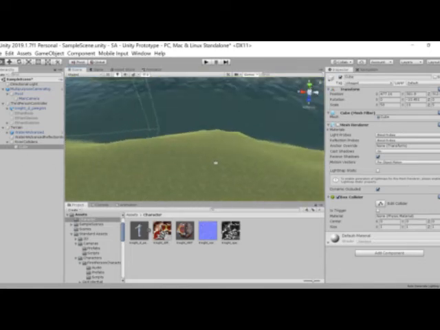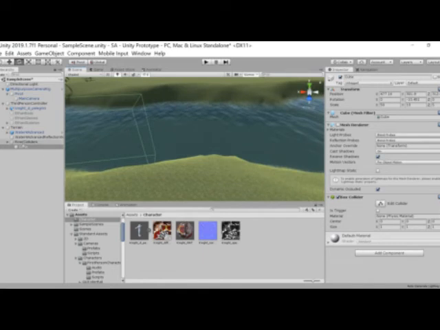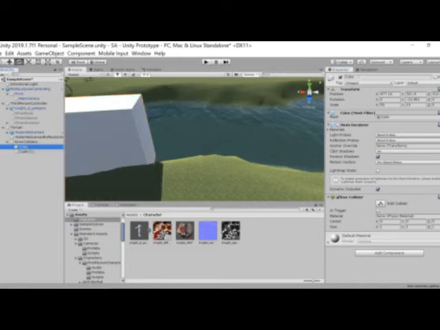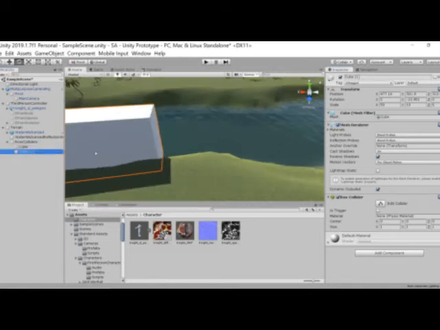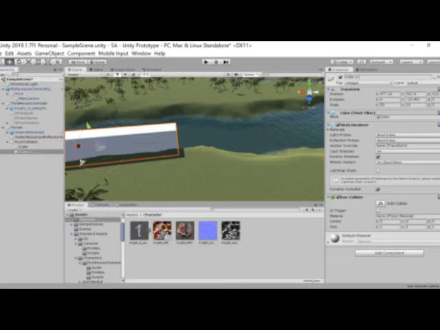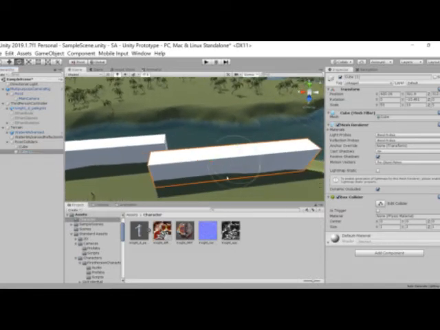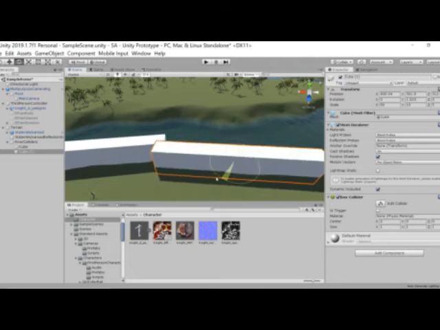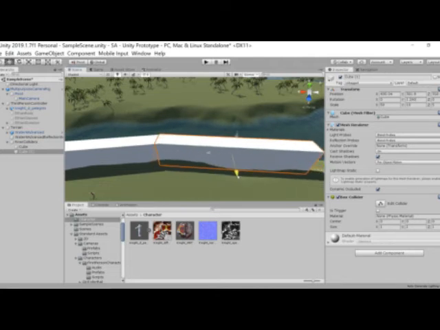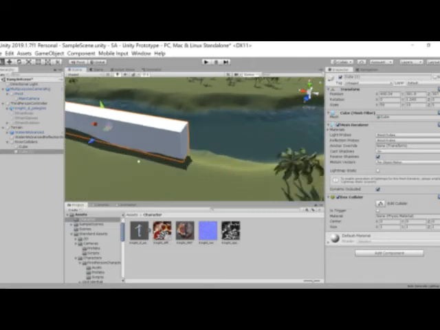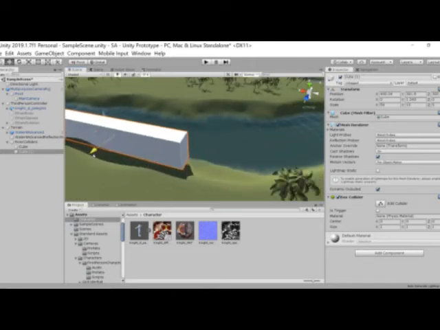Now, as I want to make more of the river impassable, I just click on that cube and press Control D. I'm going to reactivate the mesh renderer on both of them, and take this cube and just drag it over to another part of the river. And I can make these as big or as small as I like, depending on how fine-grained I want to control